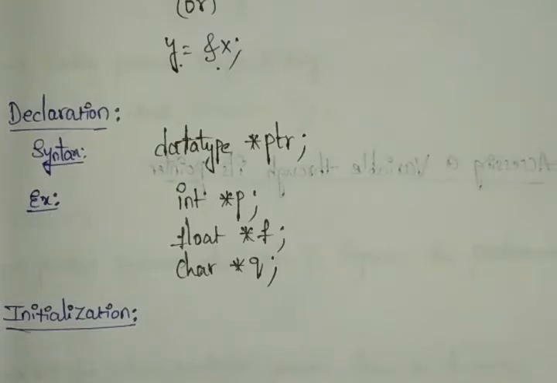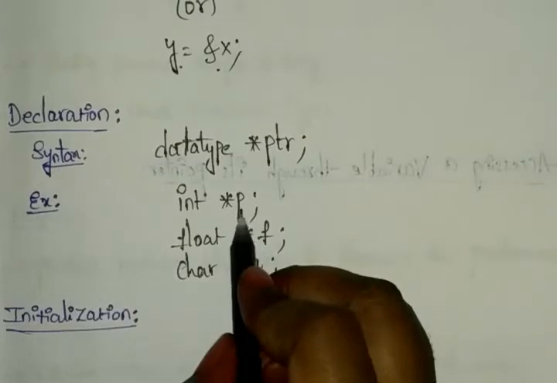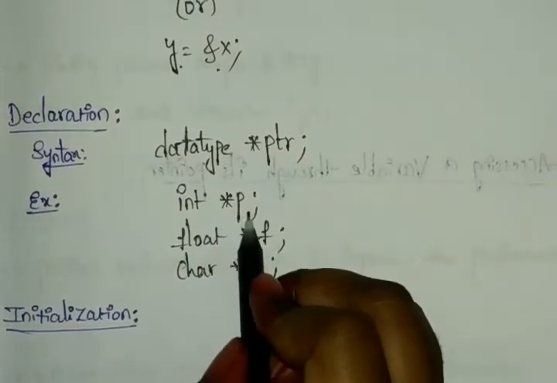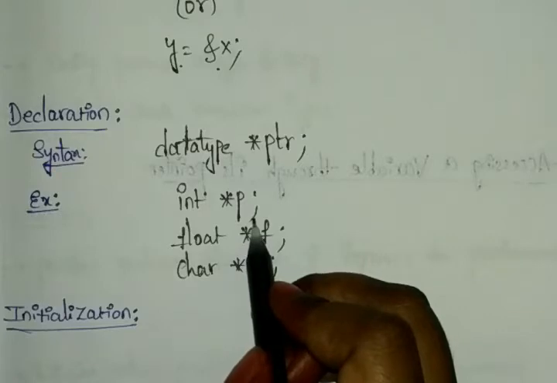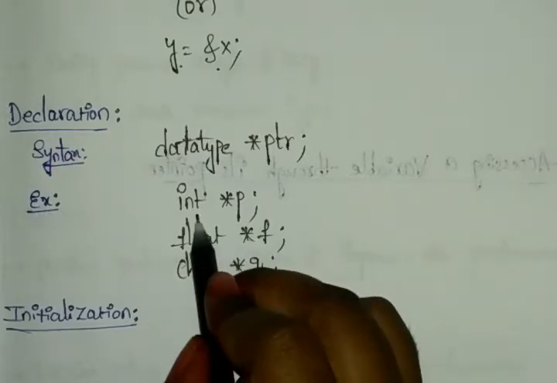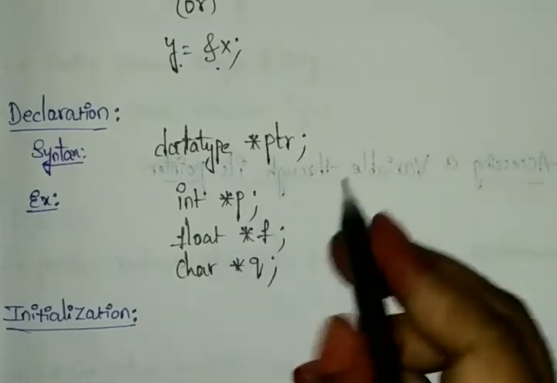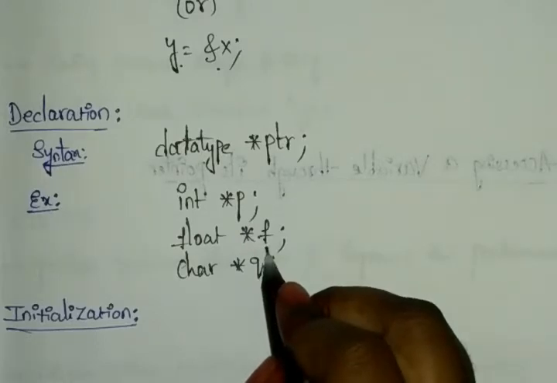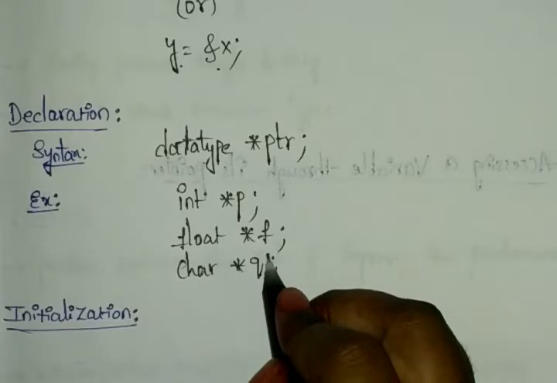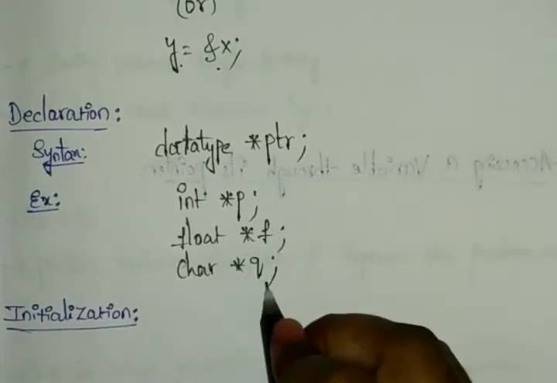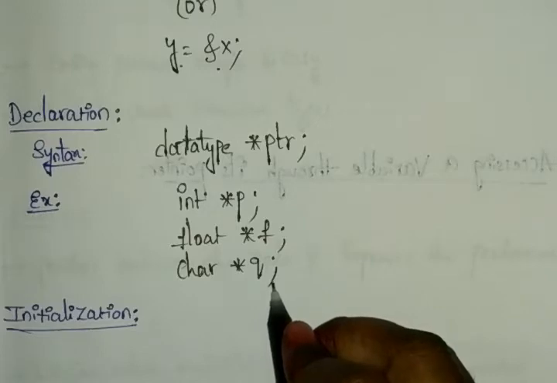Okay, and next here the integer is taking the p, right? So here you can see the pointer pointing to the address location can take integer type of data. And in this one the pointer is pointing to a location that accepts float type of data, and the char is taking the q, right? So whatever address of the location you have, it can access character type of data.